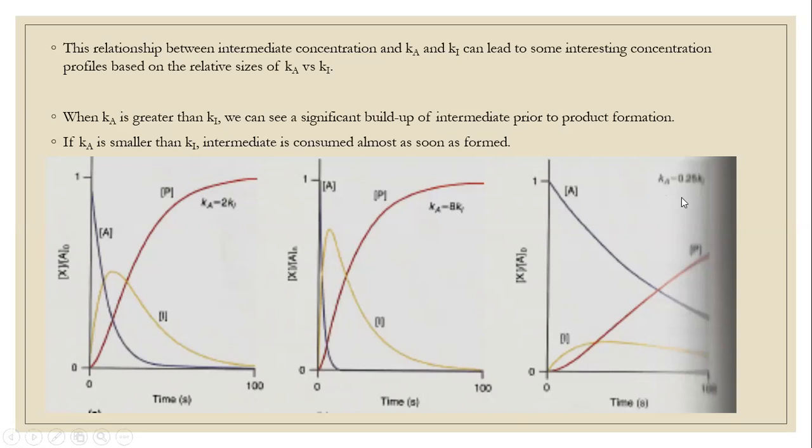Well, this is what happens when Ka is a quarter as fast. You see A is going down very slowly. I is building up, but very little, and then it reaches a steady state and just levels off. It doesn't get much higher than that, as P gradually goes up. So all these are controlled by the relationships of these rates,